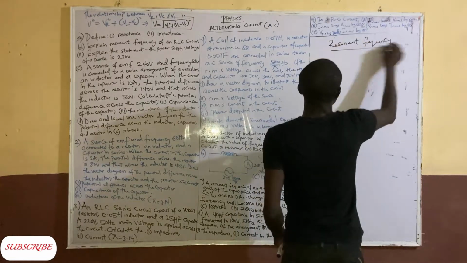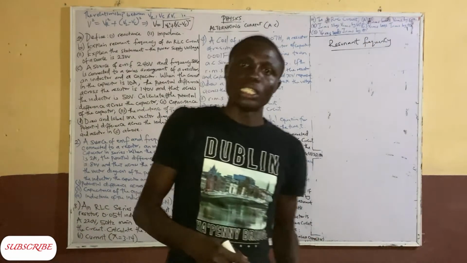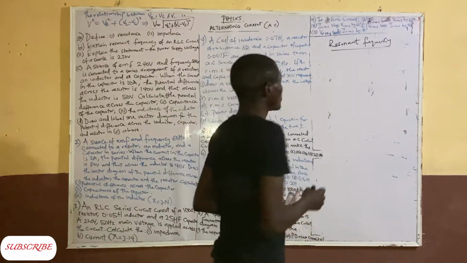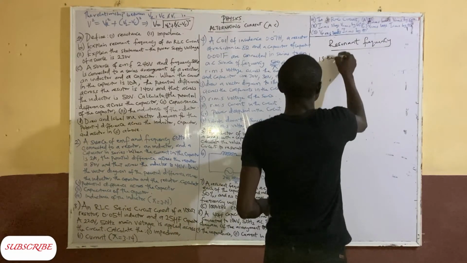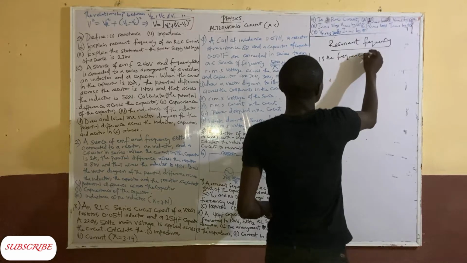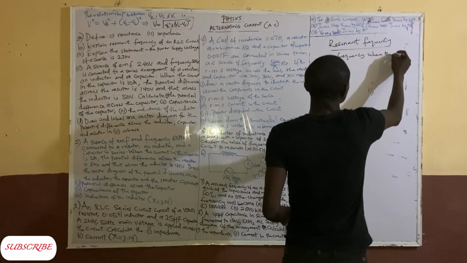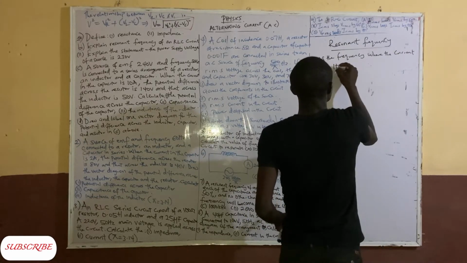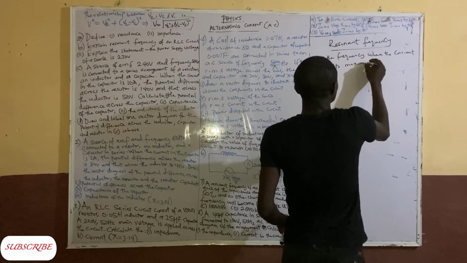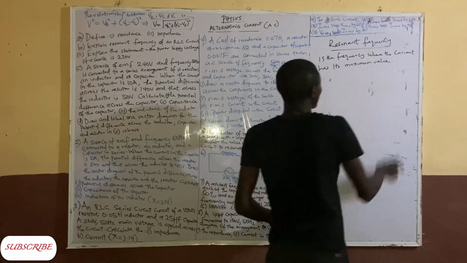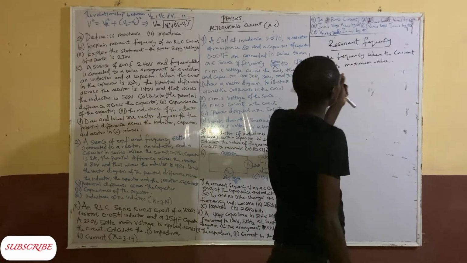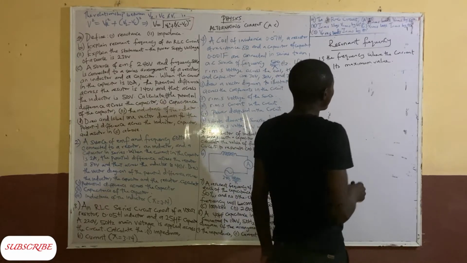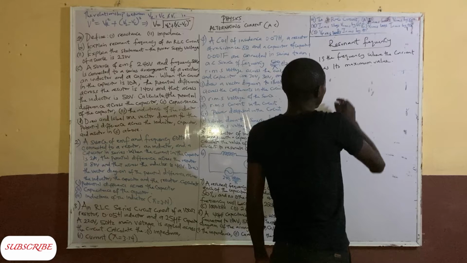Now, resonance is the frequency where we have the current at its maximum value. Resonance frequency is the frequency where the current has its maximum value. That is what we call resonance. And at this frequency,